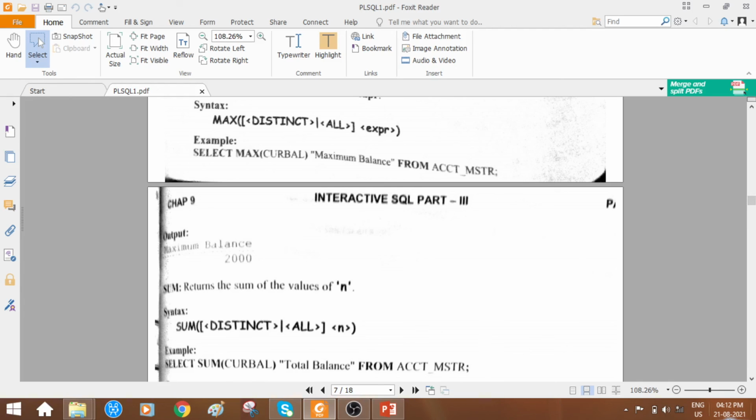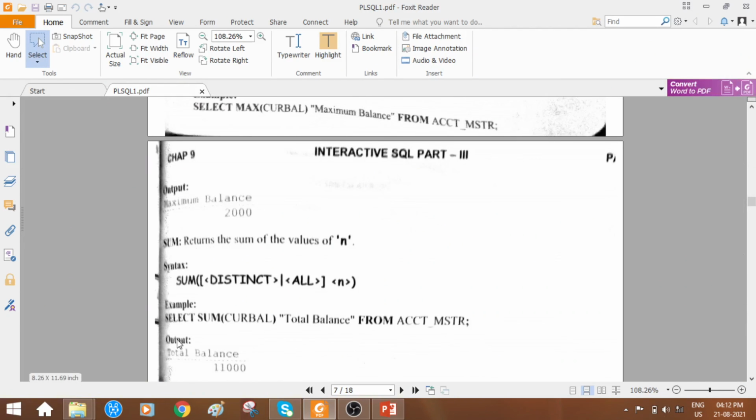The output goes like this. Check out here. The column heading is total balance, and among the 10 accounts that exist in the account master table, if you take the summation of the current balance column, it gives up to 11,000. So this is what the aggregate functions, grouping functions, do.